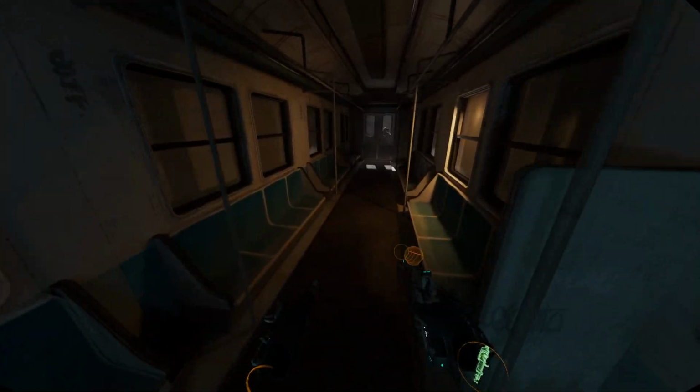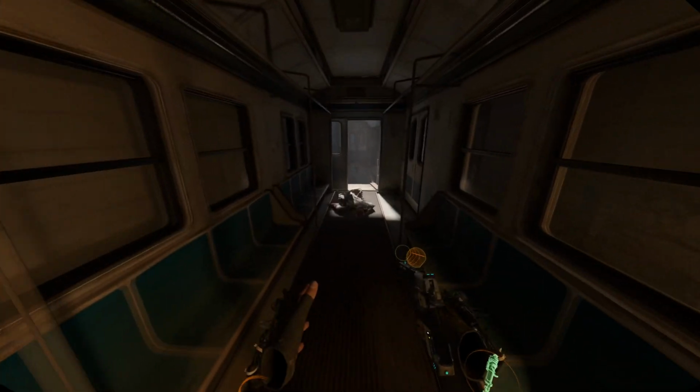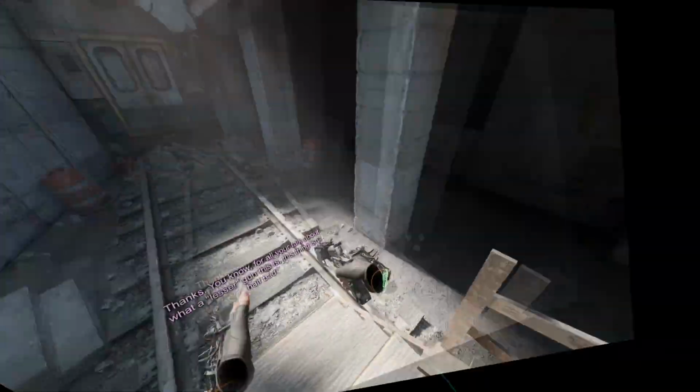You know, it's Half-Life Alyx, it's a walking simulator. Oh wait, no, there's a zombie. And yeah, there we go, just take him out really easily. Thanks. For all your talk about what a lesser gun this is,